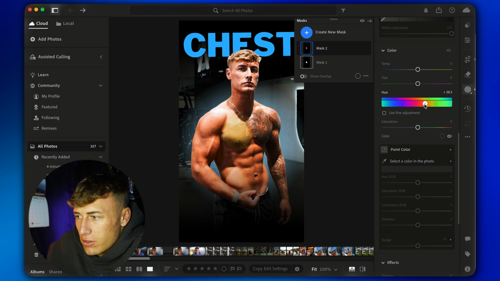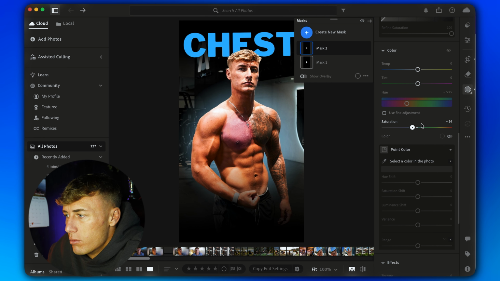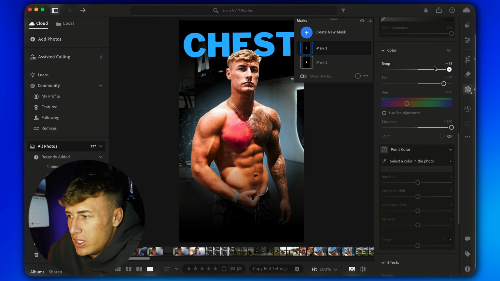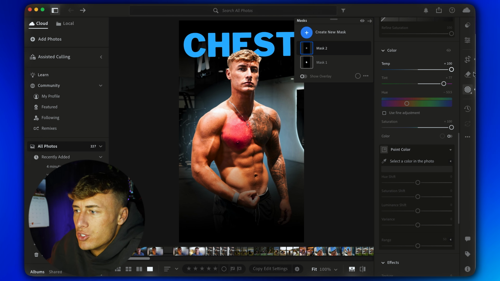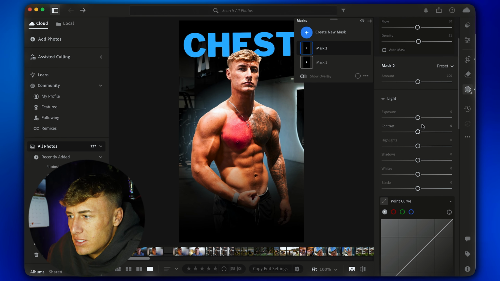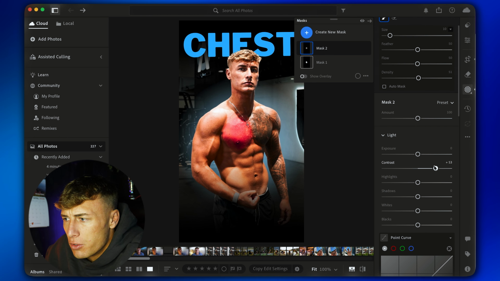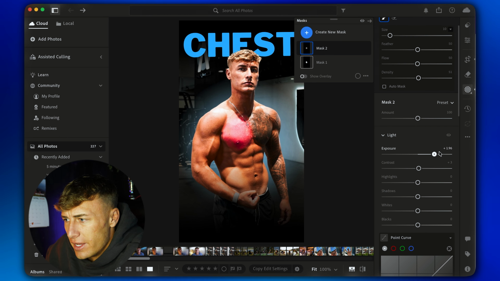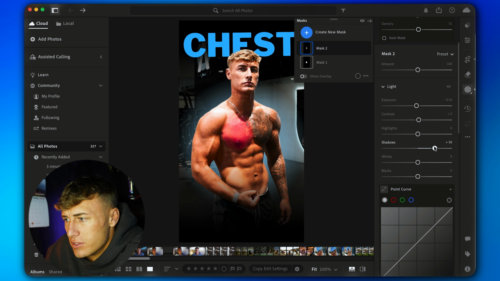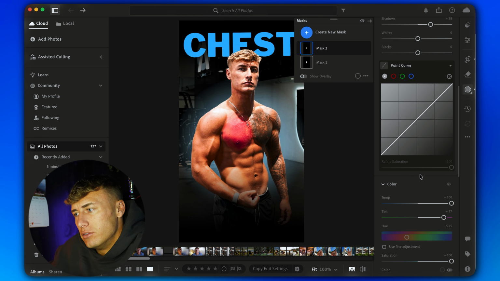Then you can customize the saturation. You normally want to put the saturation up high. Temperature you can change, because when you play around with these you might make it stand out more. When you put temperature up high, tint up high, saturation up high, you will see that it makes the subject stand out a tiny bit more. You can also utilize things like contrast, exposure, and then also all of your other ones like your shadows, etc. So that's normally what I do in order to